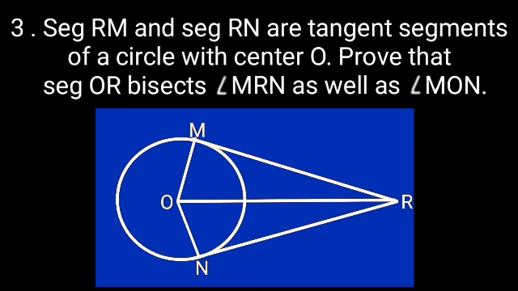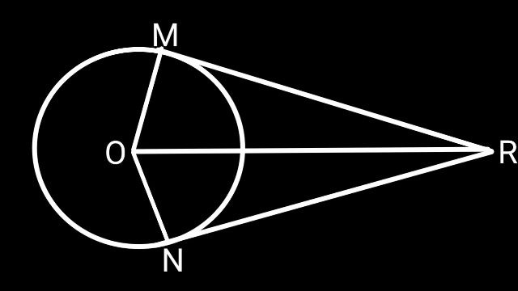Example number 3. Segment RM and segment RN are tangent segments of a circle with center O. Prove that segment OR bisects angle MRN as well as angle MON. In this figure,